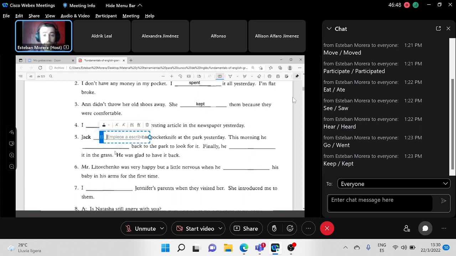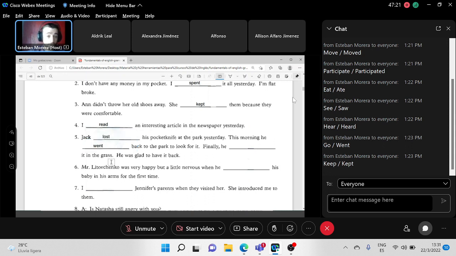Number five, Jack lost his pocket knife at the park yesterday. This morning, he back to the park to look for it. Finally, he it in the grass. He was glad to have it back. Okay, so we have number five. Jack lost his pocket knife at the park yesterday. This morning, he went. Okay,